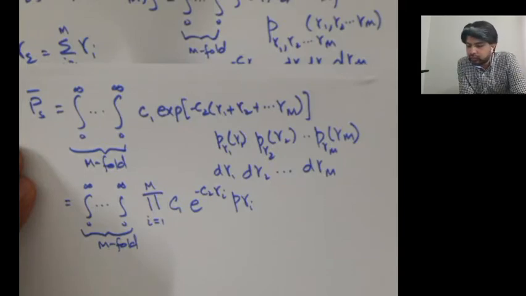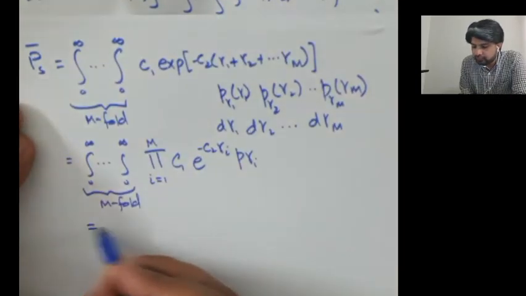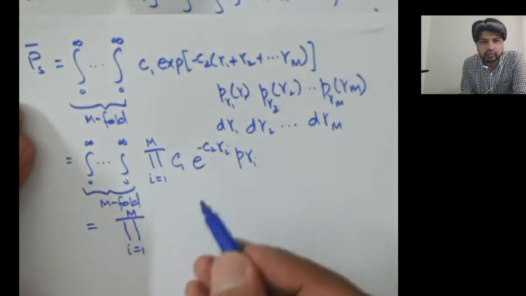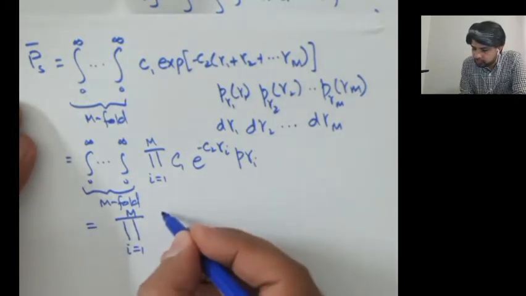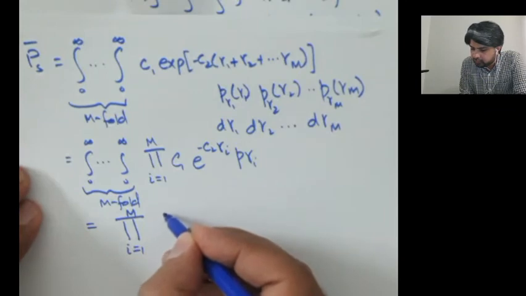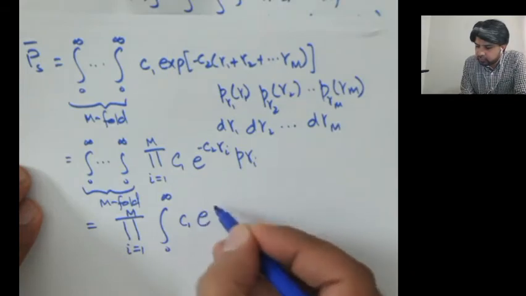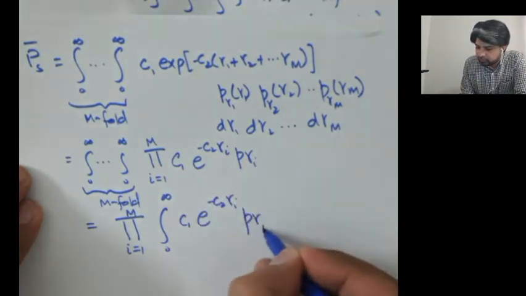So rather than representing it as an M-fold integral of a product, we would represent it as an M-fold product of one integral. So you can write it as the product i equals 1 to M, once you have changed the order of the integration and the product, times the integral from 0 to infinity of C1 e to the power minus C2 gamma i p gamma i,